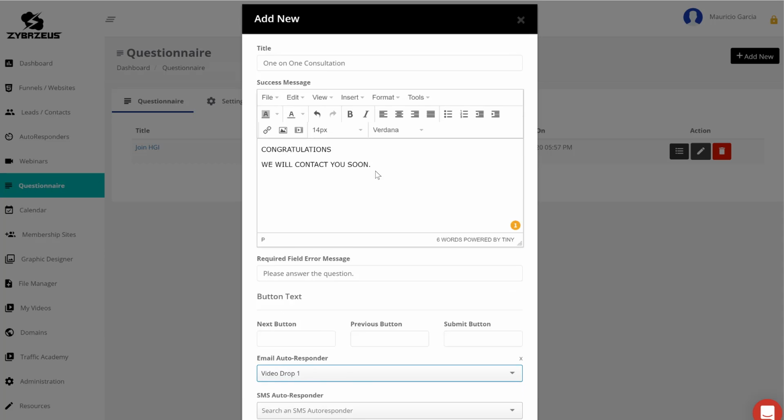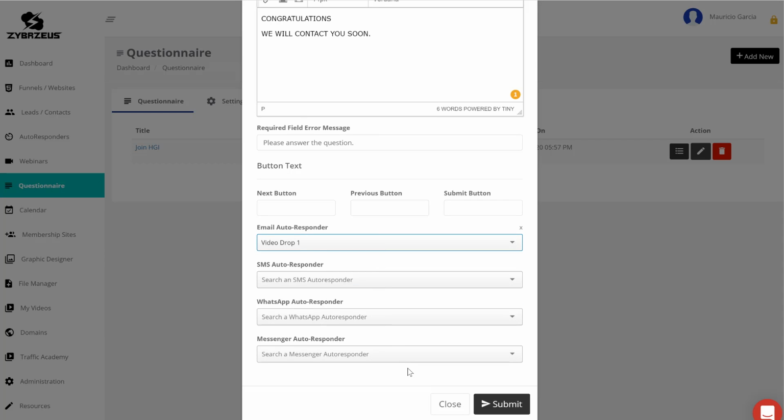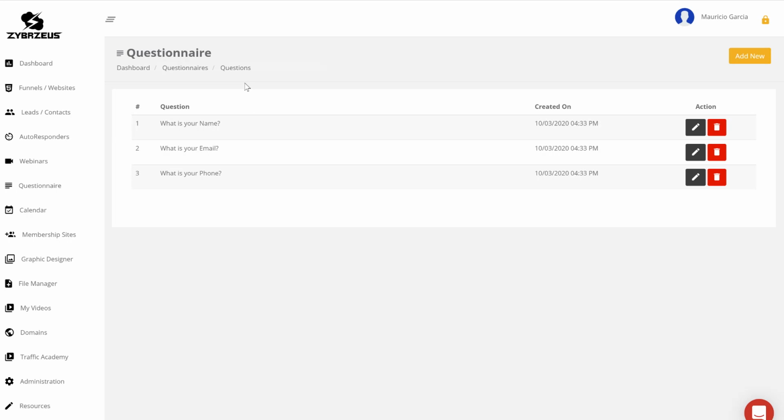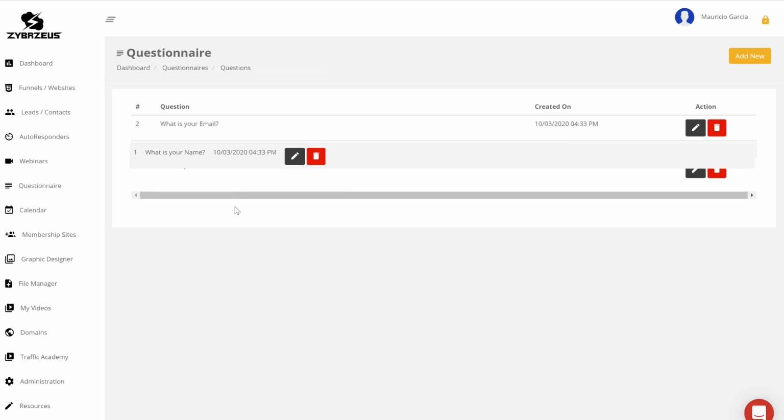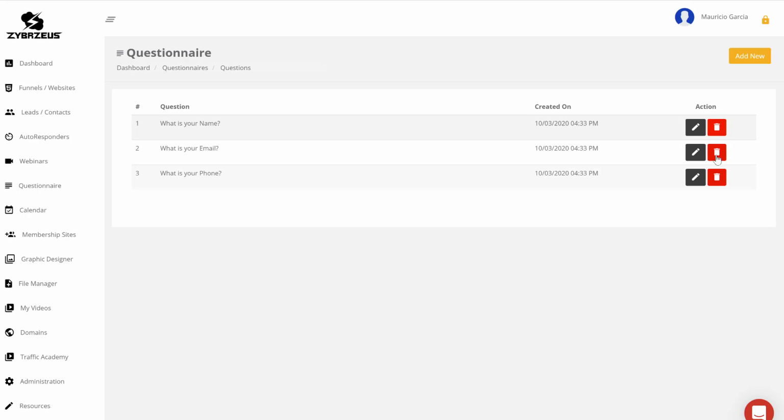Now, once you're done filling out this form to create your questionnaire, of course, you can always come back and edit it. You can just submit it, and it will create the questionnaire. The 3 pieces of information that are automatic are name, email, and phone number. Name, email, phone number, and of course you can change the order of this. You can also delete them. But I always like to have some way of communicating back with them to know who filled out the questionnaire, of course, especially if it's a brand new funnel, or if you're just gathering information from new potential recruits or